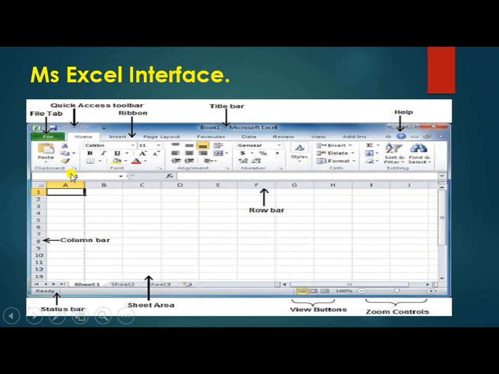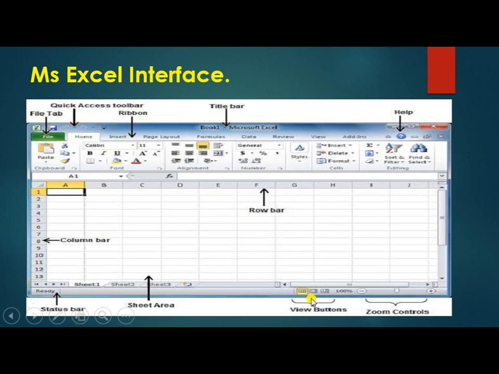From the File tab you will get save, print, everything is located in the File tab. In the Home tab we can change the color and size and settings, everything is in the Home tab. Now the View buttons.